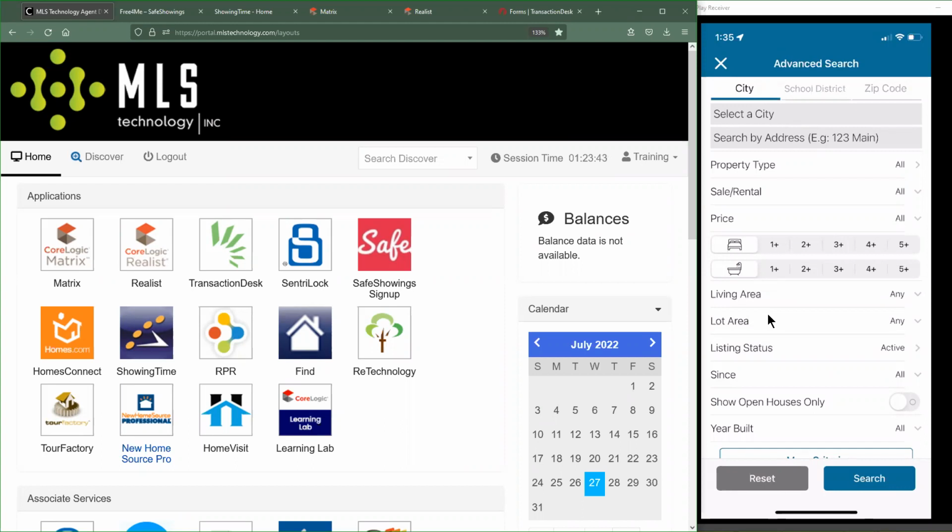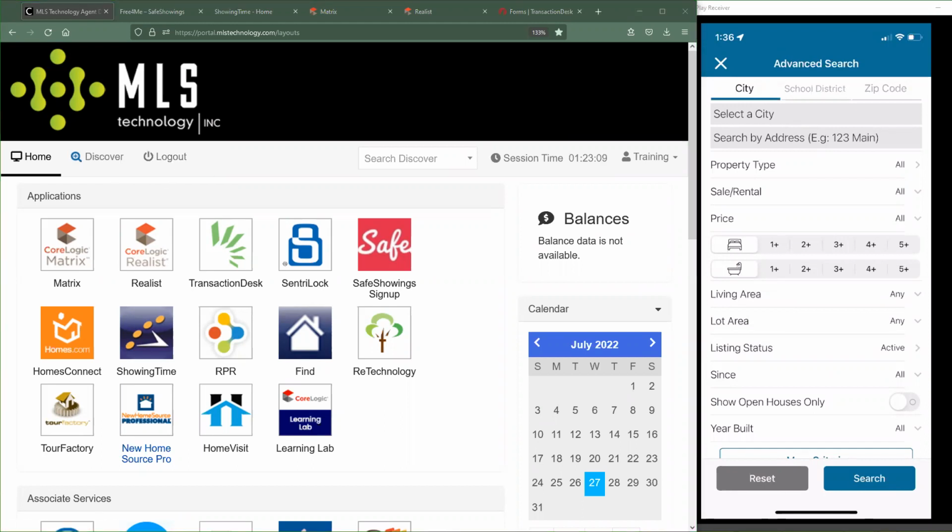But one of the main things that we're going to try and focus on right now is making sure that any of the capabilities that we have currently that they do not have, that they get caught up on. And similarly, we're trying to get these disclosures to show up in the app the same way that it does for them, because honestly, it doesn't make any sense that they're able to do this thing that we've been asking them for, and they haven't been able to accommodate us. So near future, yes, we should be able to see the disclosures in the MLS app, but at the moment, no.